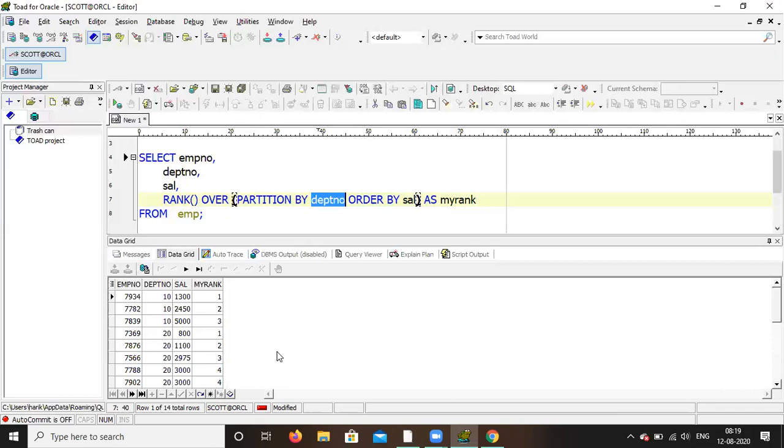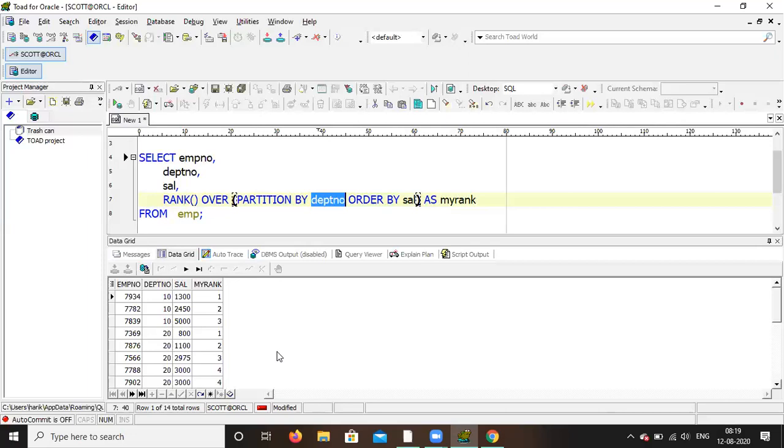Then 2450 second, then 5000 is the third. In department 20, 800 is the first, then second, third, fourth, like that. So you'll get the rank department wise, and it will consider salary and give the rank. So you have to give partition by department number and order by salary.